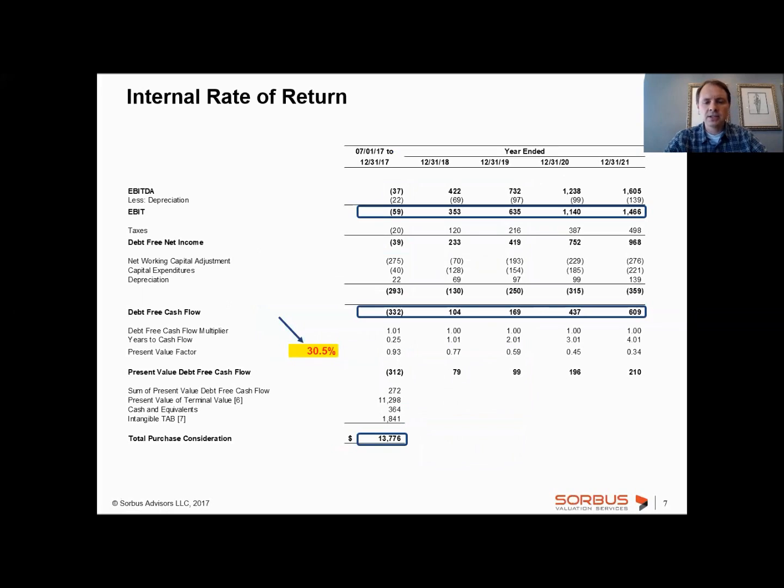Now, I mentioned that the opening act of this process really is the internal rate of return analysis. Internal rate of return analysis is the one that shows us what economic investment return the acquirer expects from this acquisition. It's sort of a reverse valuation in some ways, because we have a forecast, but we also have a purchase price. And so we find that discount rate that would allow our financial forecast to support that purchase price.